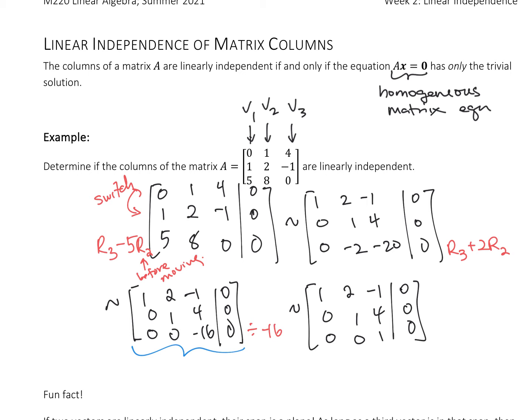But honestly, all we're looking for here, again, to see if I have a trivial solution, if that's the only solution, I just need to see how many pivot points I have. If I have the same number of pivot points as I do my variables, then I'm linearly independent and I don't have to go any further. So if I can get it down to all ones in the diagonal, awesome. So you'll notice here that I have all pivot points, so I have no free variables. So therefore, it's linearly independent,